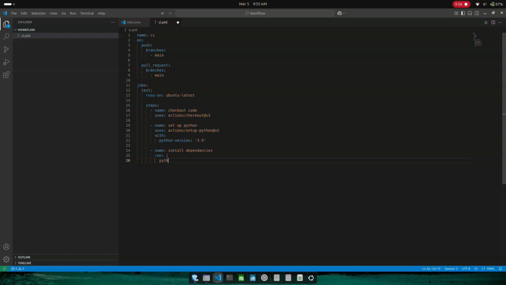So here we'll write python minus m pip install minus minus upgrade pip.